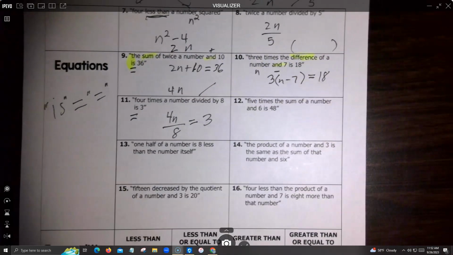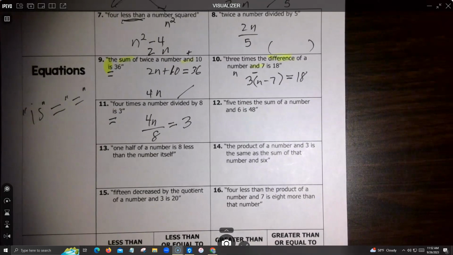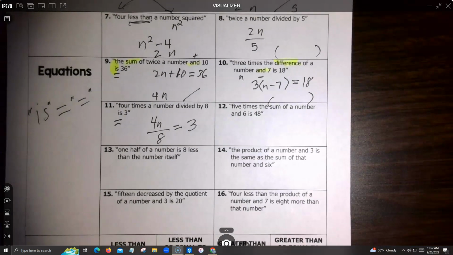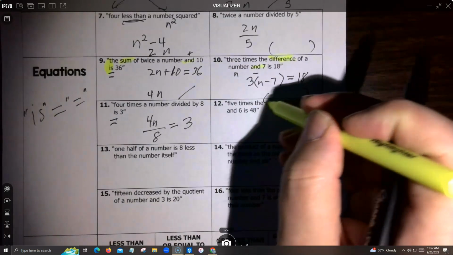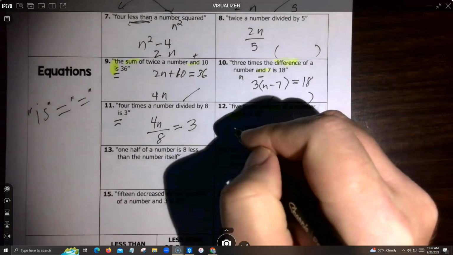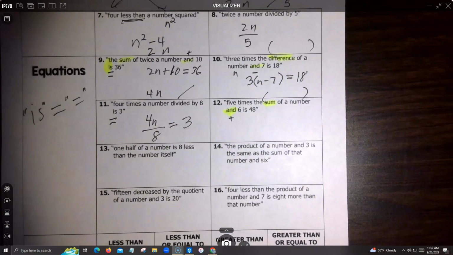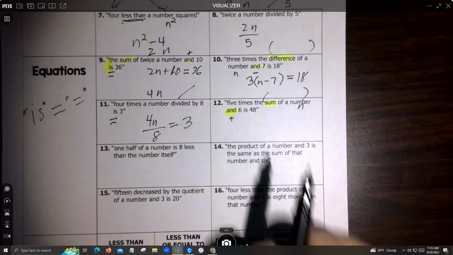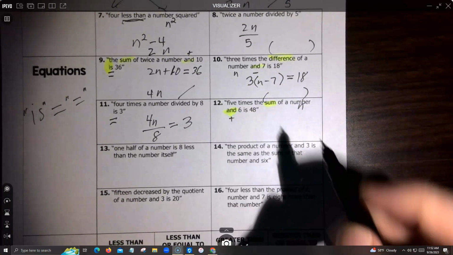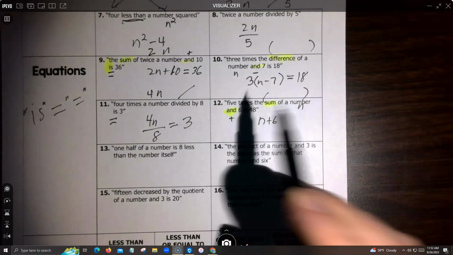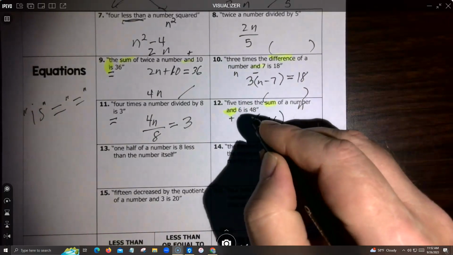Okay. Number 12, 5 times the sum of. Okay, so this is a parenthesis deal. So first of all, let's do sum. See sum, look for the and we're going to put a plus sign. Okay, the sum of a number, that's an n, right? So let's put an n there. Okay, so the sum of a number and 6, so n plus 6, 5 times that, looks like that,